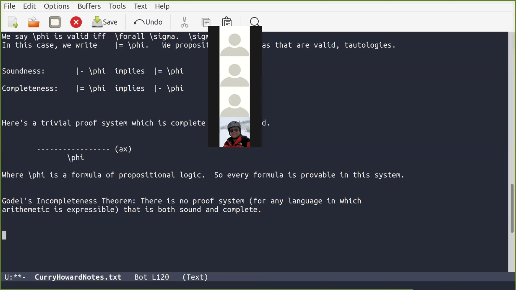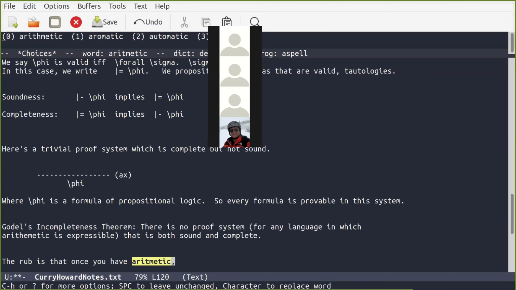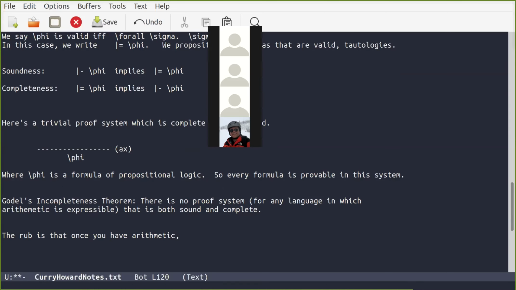And the problem, the rub, is that once you have arithmetic,